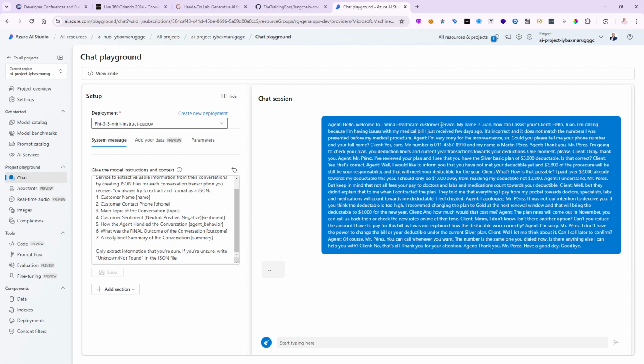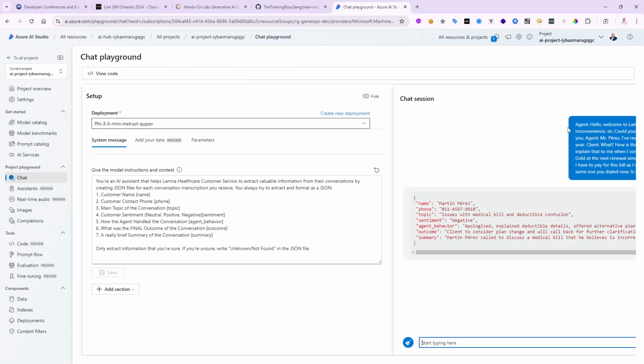The agent says, hello, welcome to blah, blah, blah. And then the client will say hello. But look at that. It came back. And this could be running pretty much locally if you want. I mean, we're putting this in a serverless